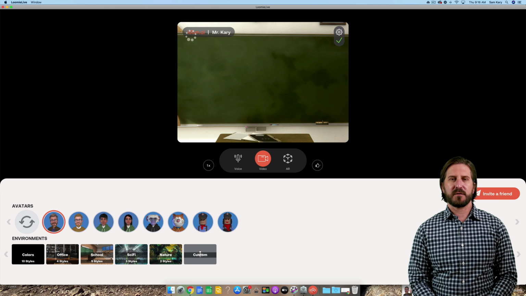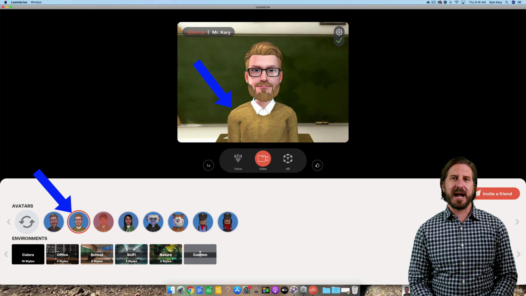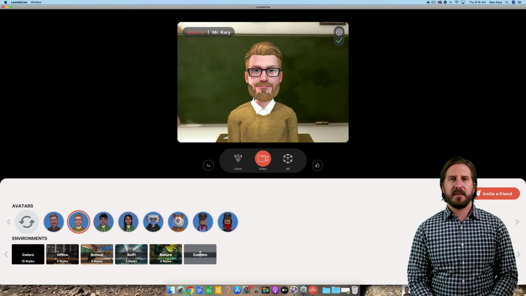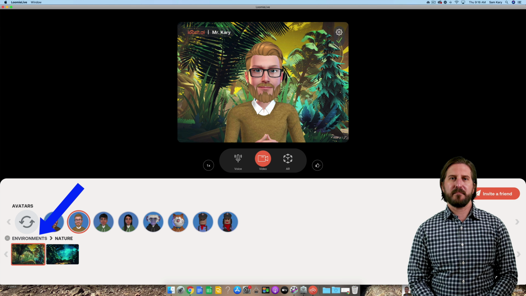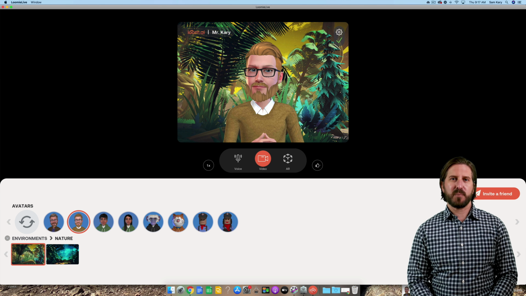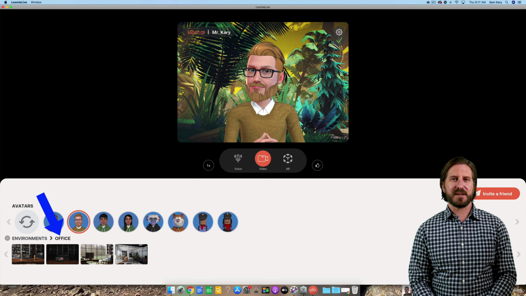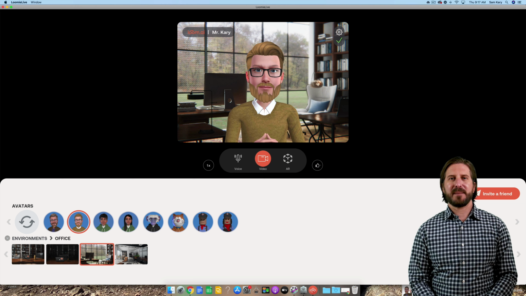And then if you set up other virtual avatars for yourself, you'll see that you can also pick from those below. So here you can see that I have one that just has a different outfit and a slightly different look. Then below those virtual avatars, you also have some choices for different backgrounds that you can bring in. So you'll see you have a wide range of choices here. So you could bring in something like this nature background, and you can also choose from some really realistic office backgrounds like this one. So like I mentioned, these virtual backgrounds can also help with privacy concerns because you don't have to worry about what's showing in the background through your webcam.